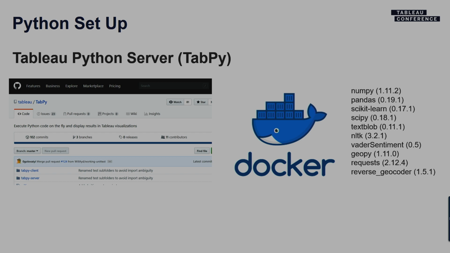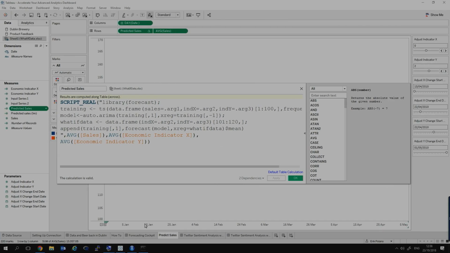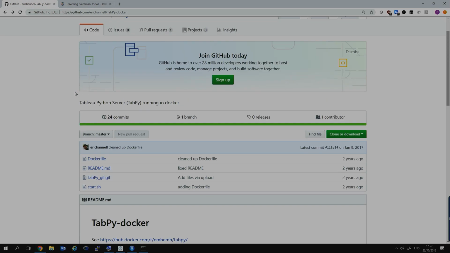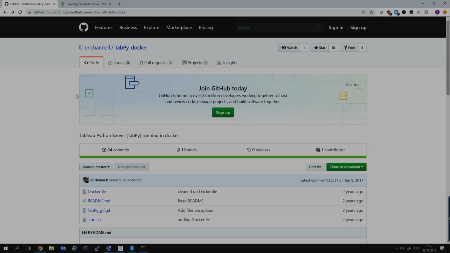What I'm going to do now is switch over to that particular example that he was mentioning, with regard to that Docker container. Because all that you really need here, if you wanted to have this set up, you could follow what we have here on GitHub to set up your TabPy client and your TabPy server. But an even easier way is to just look at, for instance, the TabPy Docker image set up here.